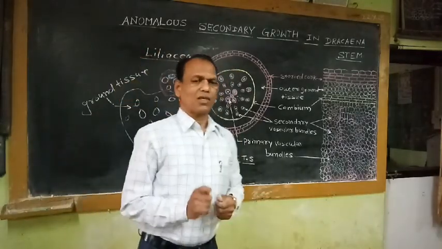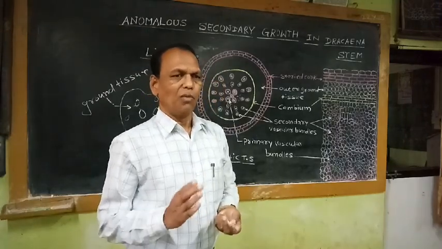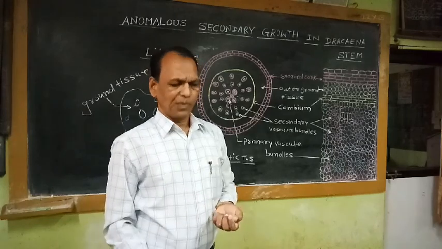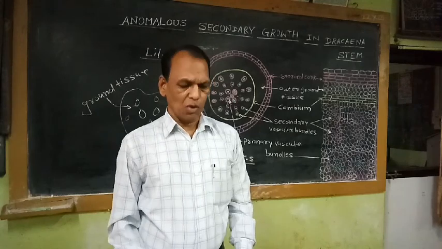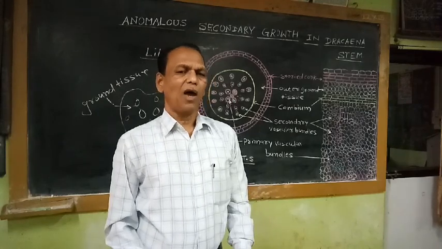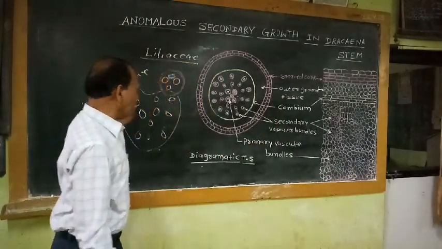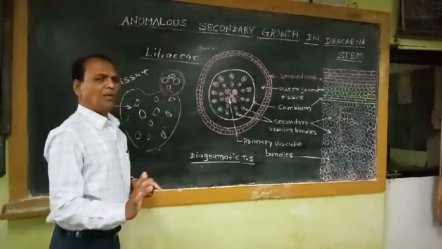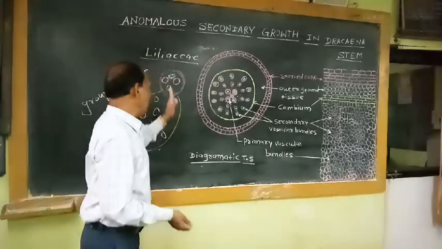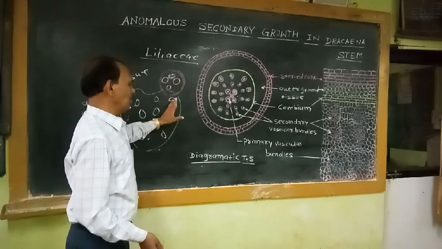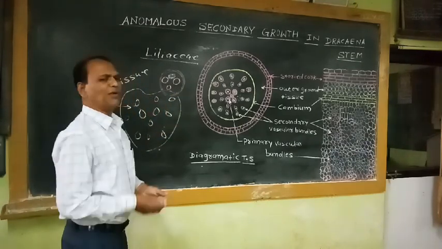In our first lecture we have already discussed what is the meaning of abnormal secondary growth. Abnormal secondary growth is nothing but if secondary growth shows any deviation from normal secondary growth, it is commonly considered as abnormal secondary growth. So the anatomy of this Dracaena is similar to the typical monocot plant or all other monocot plants. That means epidermis is the outermost covering. It is followed by the ground tissue, and this ground tissue contains many vascular bundles.